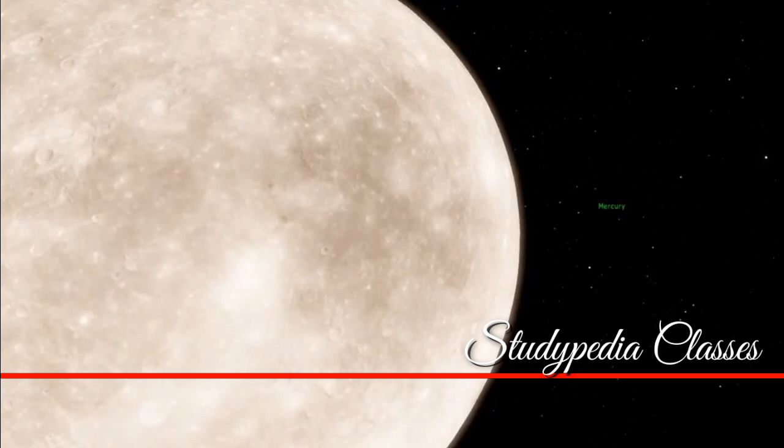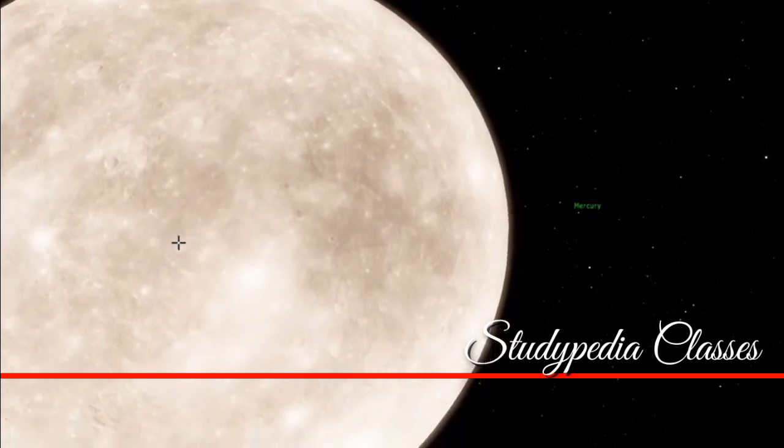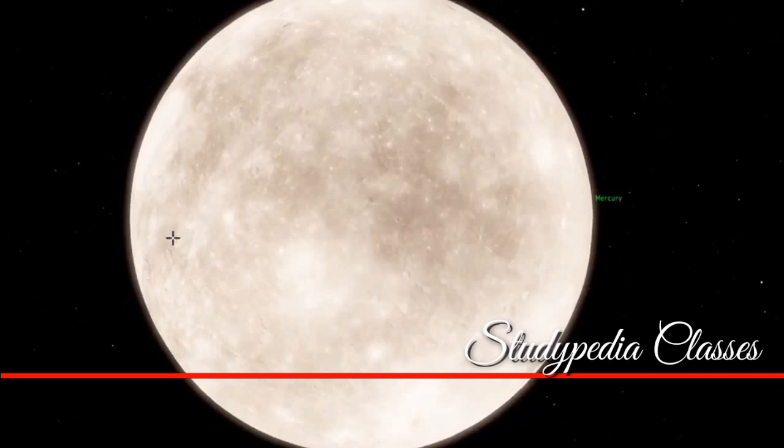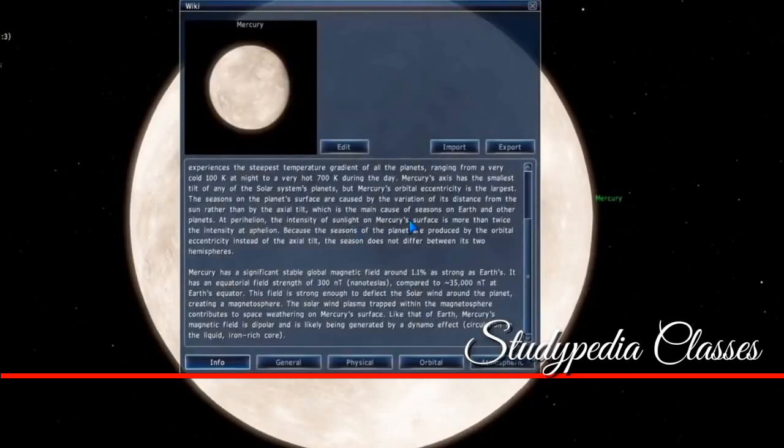Okay. So we'll first start with Mercury, and there's an I button that we can just press, and we get all